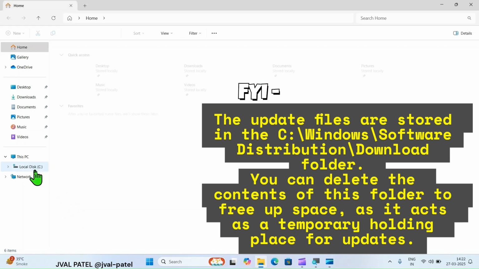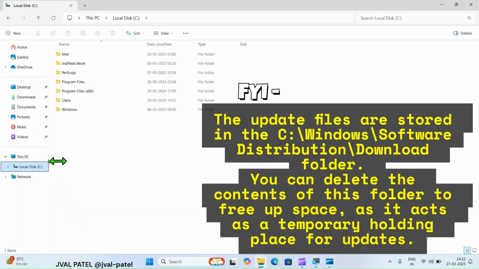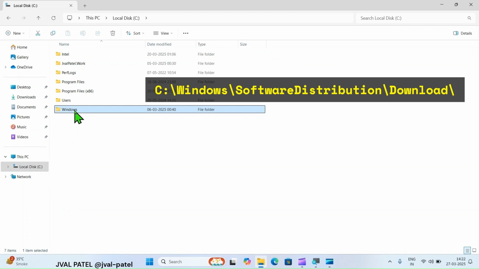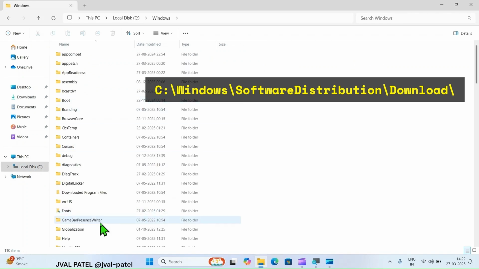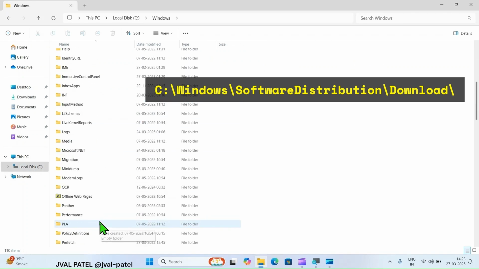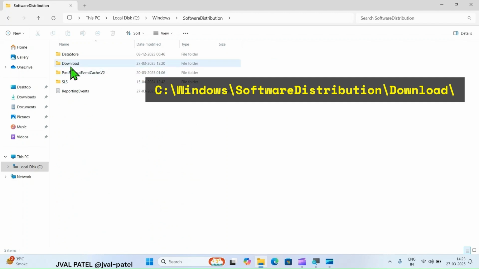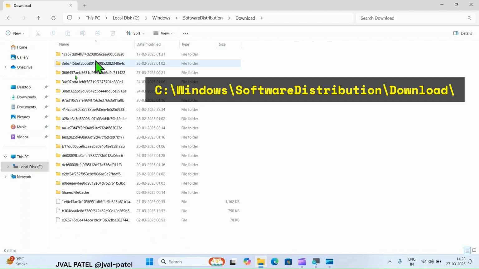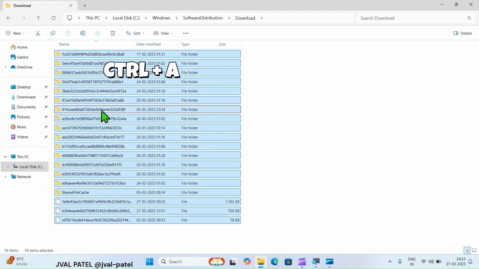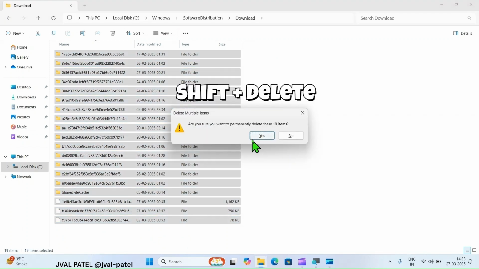How to delete old system update files that are still pending in the system? For that, you have to open the drive where your operating system is located. Mine is C drive, so I open C drive and click on the Windows folder. In the Windows folder, you have to select the SoftwareDistribution folder and open that folder, and you will be able to see some folders. Out of that, you have to select the Download folder. In the Download folder, all the system update files are located, so select all the files and hit Shift plus Delete